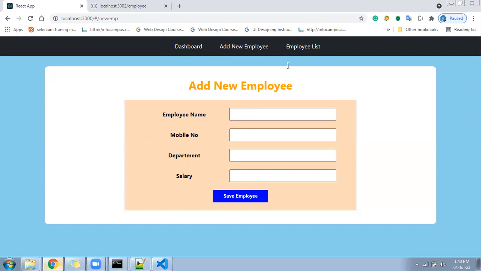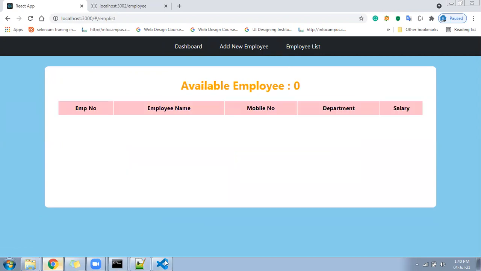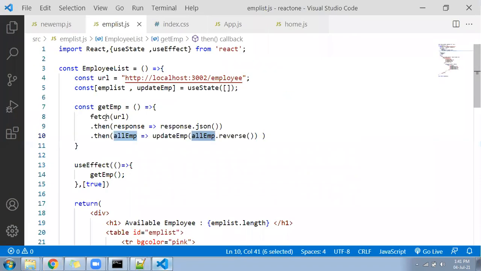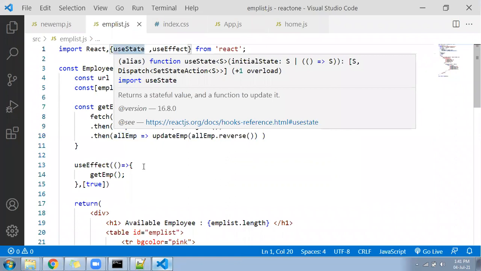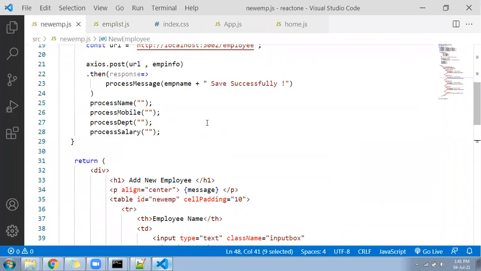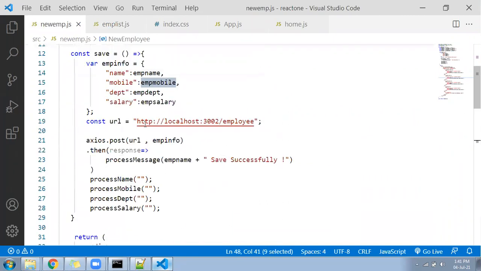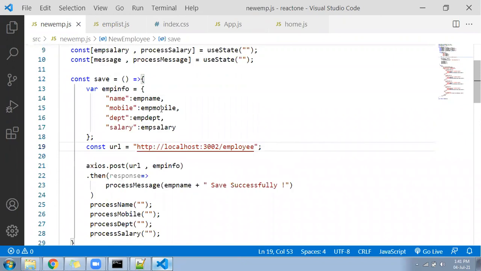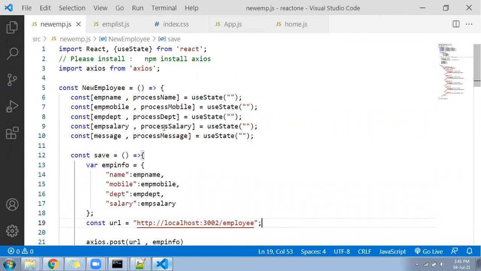On top of that, it is completely using hooks, as you can see here. I am following the fetch method, useState, useEffect, right? That is what the market demands nowadays. In the employee list also you can see new employee. I have followed Axios here. I'll give you an example using fetch also. Here also I follow everything completely based on hooks only, right?